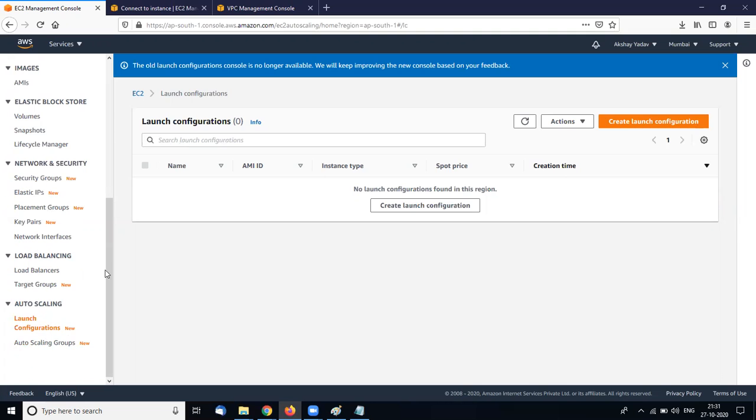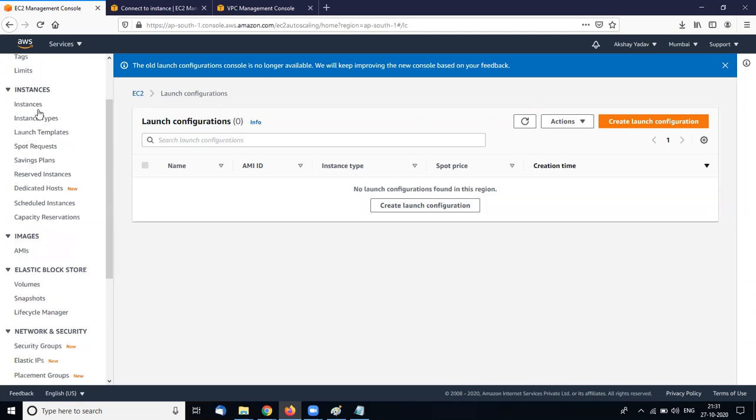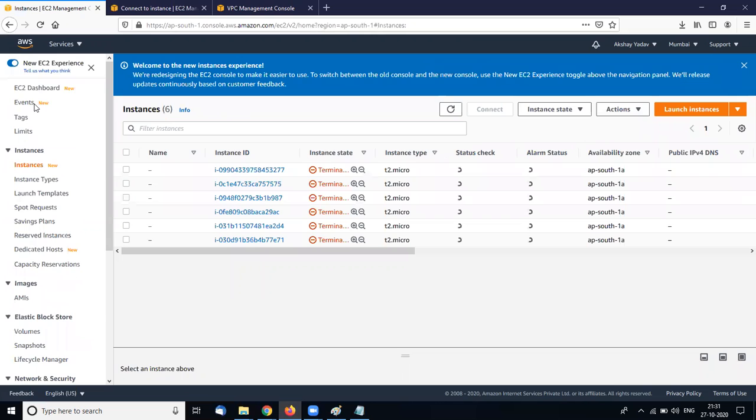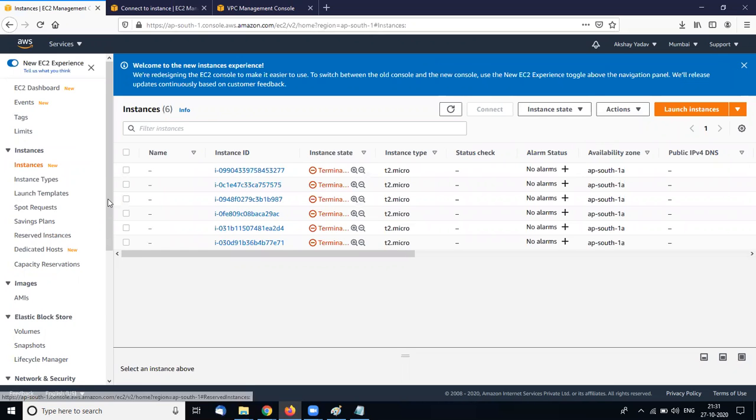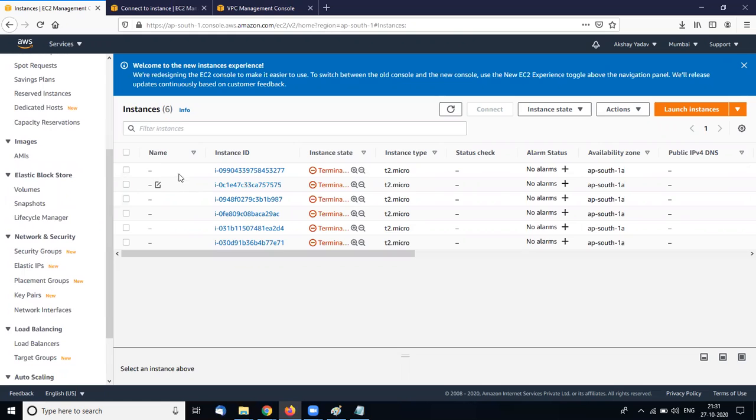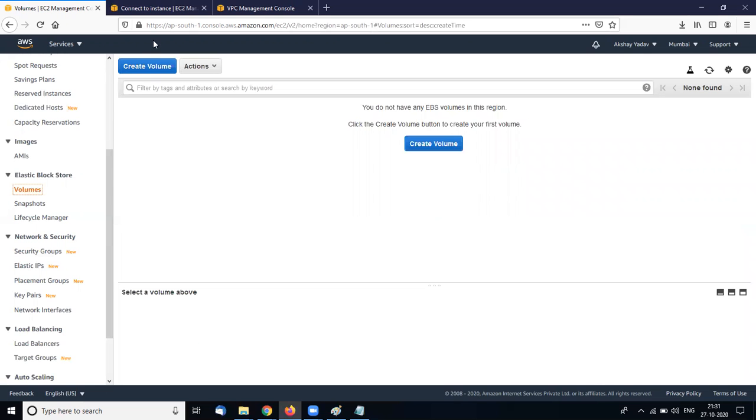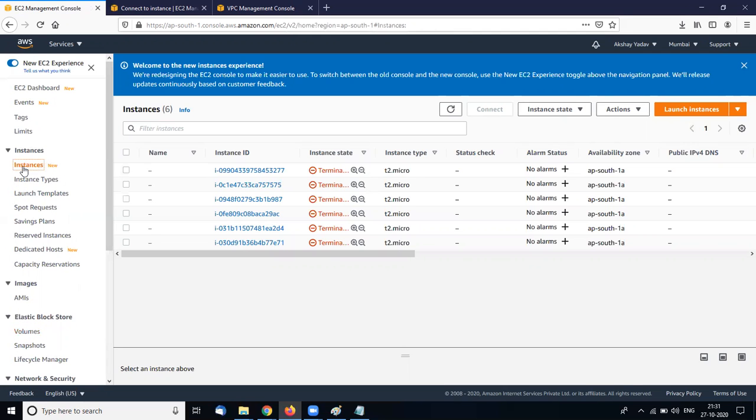All the things are deleted, and again I am going to my instances. So this is the only way to delete your auto scaling groups or auto scaling instances. If I delete my auto scaling group, then the instances are automatically deleted. Here you see my instances are automatically deleted. So I have no volume right now, and no instance right now. All instances were automatically terminated.